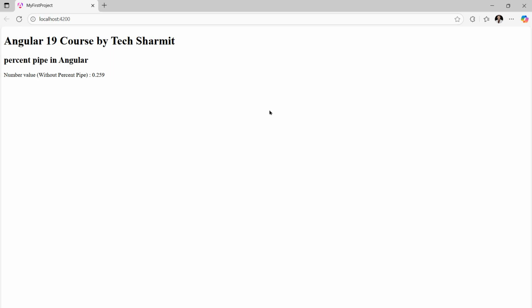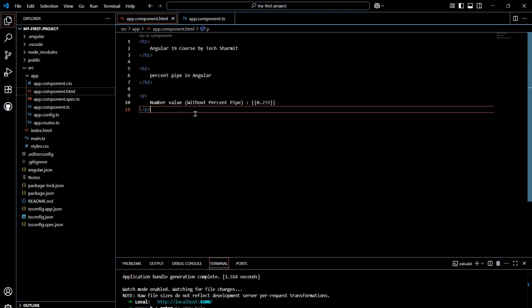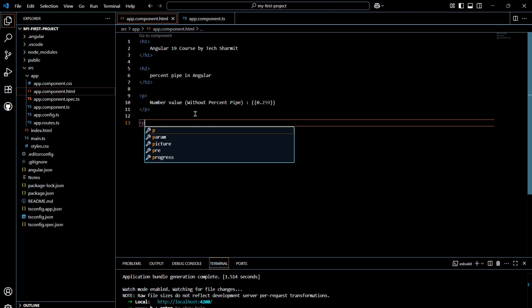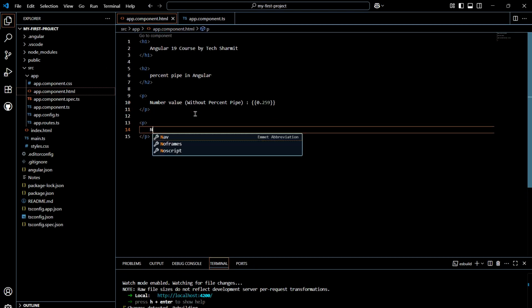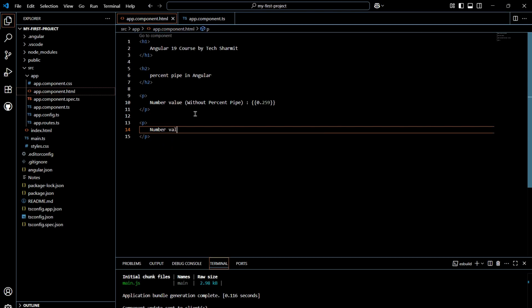Clear? So I think the agenda is clear, the purpose is clear, like why we are learning it and how we are learning it. Now next, we will simply use one operator here to make it a percentage. So for that you can write p, then we will write here the number value with